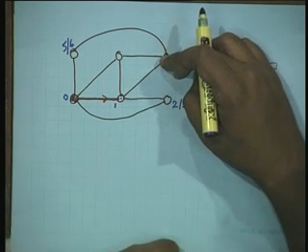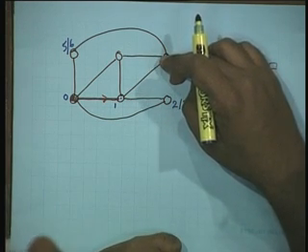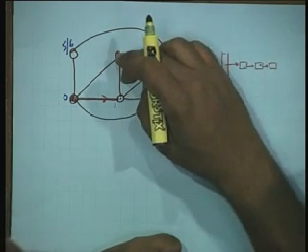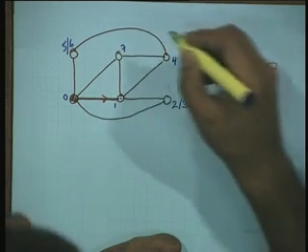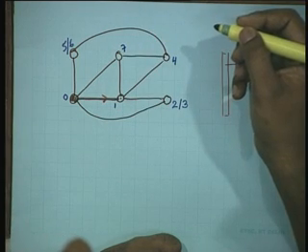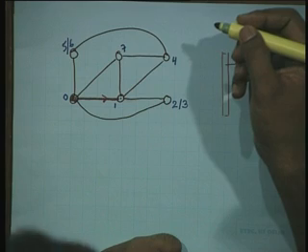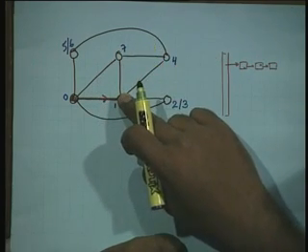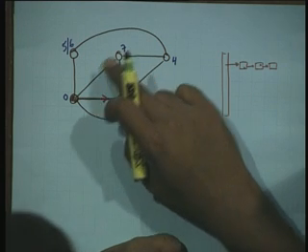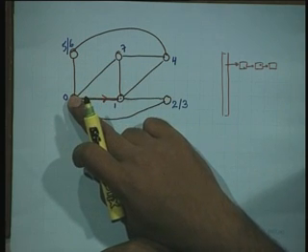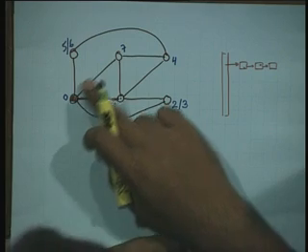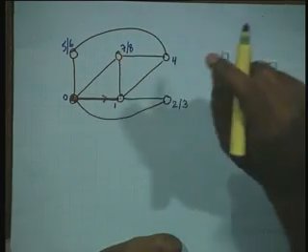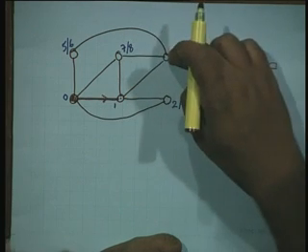So, now I come back to 4, but there is one other option at 4 which I have not explored, which is going like this. I am going to follow that now and reach this vertex at time 7. When I reach this vertex at time 7, I look at the other options I have. This is one option, but this leads me to a vertex which is already visited. This is another option, but this also leads me to a vertex which is already visited. So, no other options. I backtrack out of 7 at time 8, and I come back to this vertex.